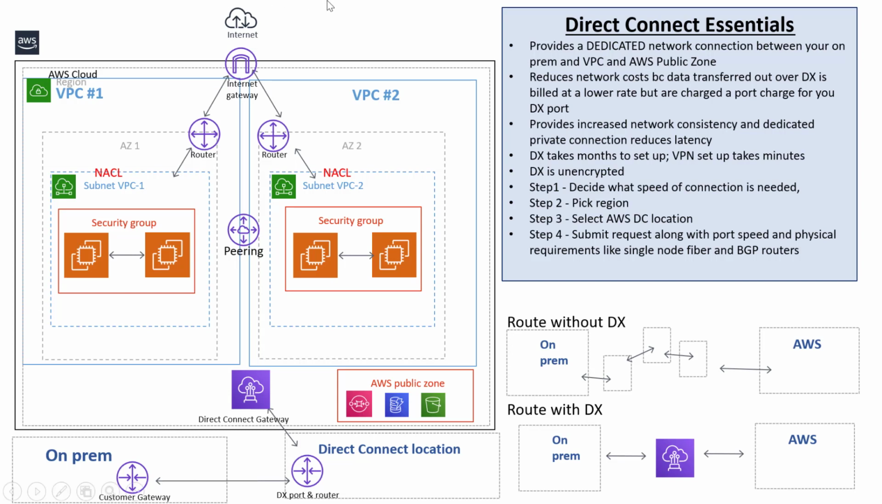So the first thing you need to do is pick your region, select your AWS Direct Connect location, and then you'll submit a request along with the port speed and the physical requirements like single mode fiber. You might see single mode fiber on the exam, so that's important to know. And then you also have to have a router that works with BGP, so you have to have a BGP router. And that's really all I wanted to cover in this